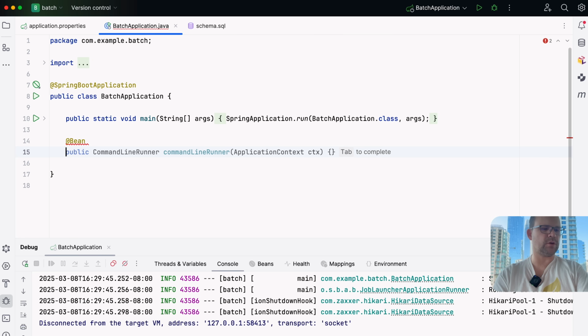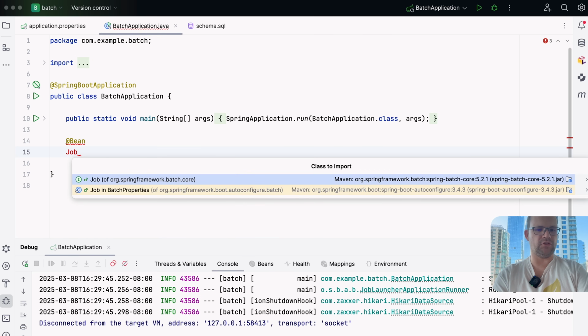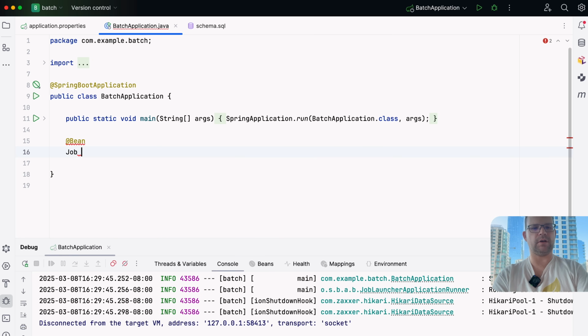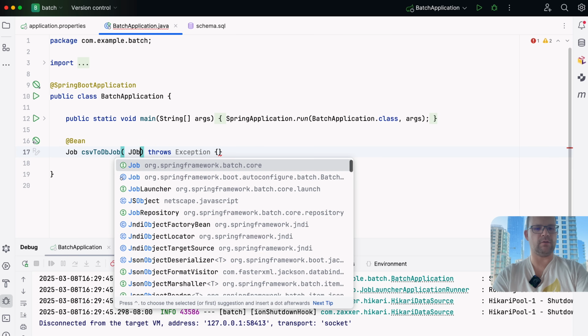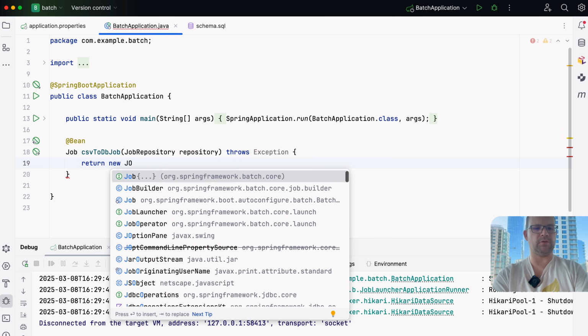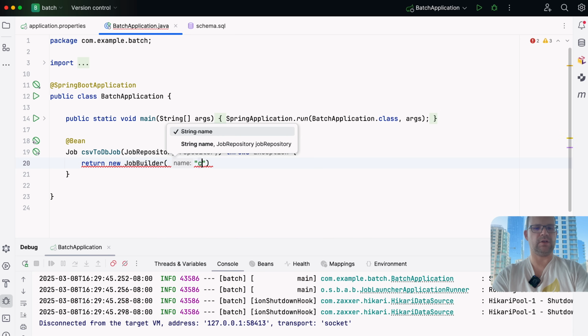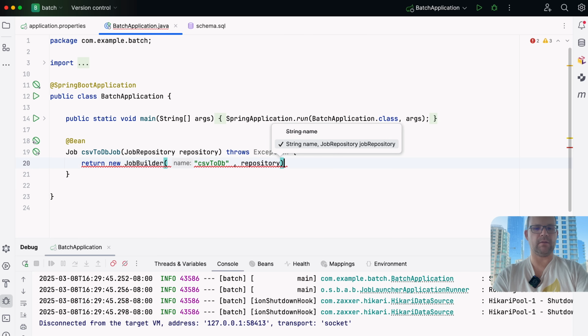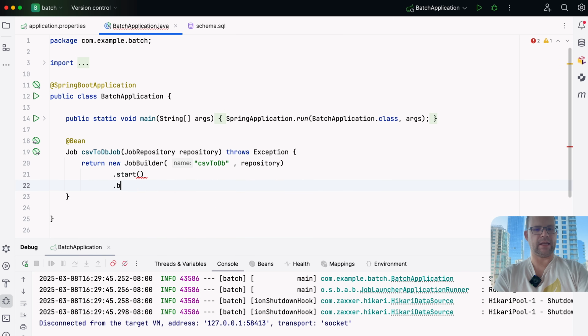First things first, we're going to create a job. This is a Spring Batch job, and it's going to be called CSV to DB job. We're going to use the job repository. I'm going to say return new job builder, passing in CSV to DB and the repository, and we'll say start, and we're going to pass it